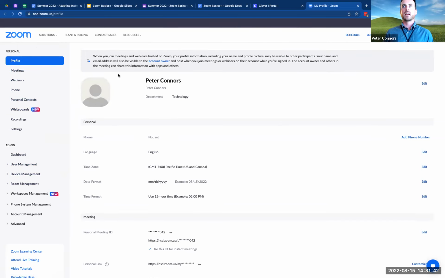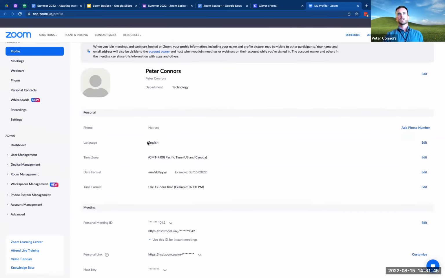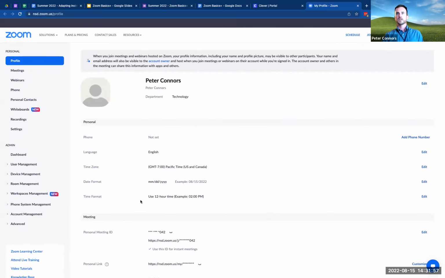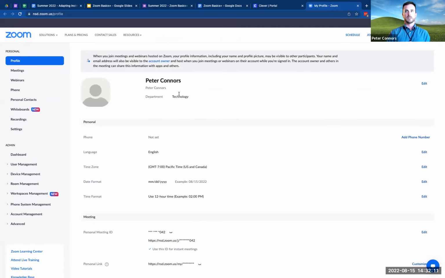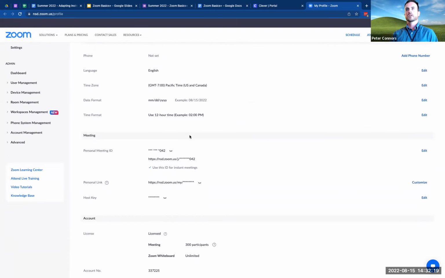And you can see Zoom, I really like the layout in Zoom because a lot of the menus are continuous, and these are more like bookmarks than they are individual pages. I'll show you what I mean when we get into the settings. But you can see that we land in profile. And if I scroll down this, this should all be kind of set up. The personal portion of it should have come in either from our account or the department. I think that's maybe coming in from our account management. I think some of that's editable, but you really don't have any need to. You can change your time format or language if you want.